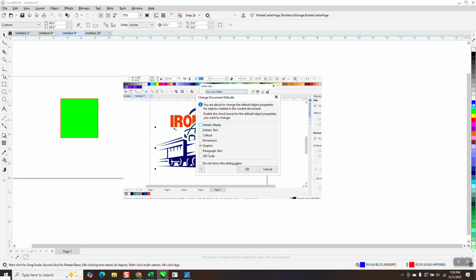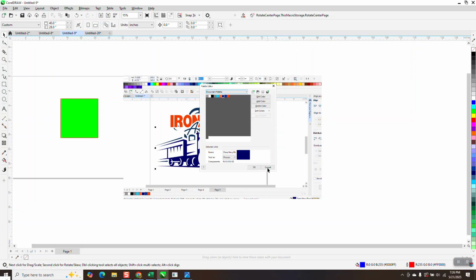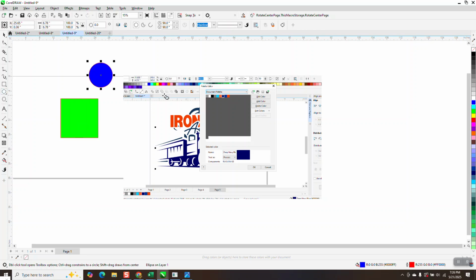Now, if you left click, you'll come up with a graphic, and you can change your default. So with something selected, I don't care what it is you have selected. See, I've changed mine to blue, and I'm going to change that back. I'll click on the red, I get red. I click on this, I've got this one selected, I'm going to pick red. So left click,